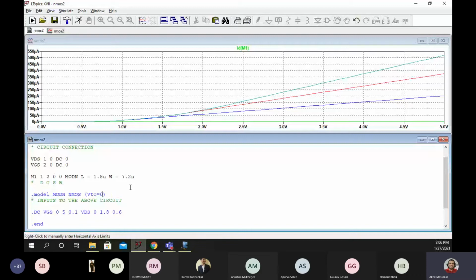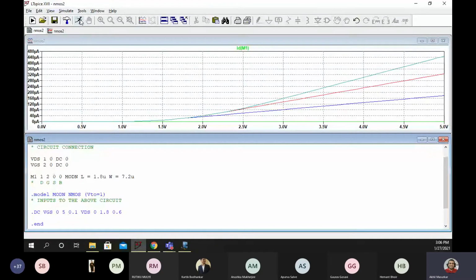If I make this 1 volt, again my characteristics will change. So let us keep it as 1 volt for the time being, so that it is easier for us to see. It will be 0.5 only.